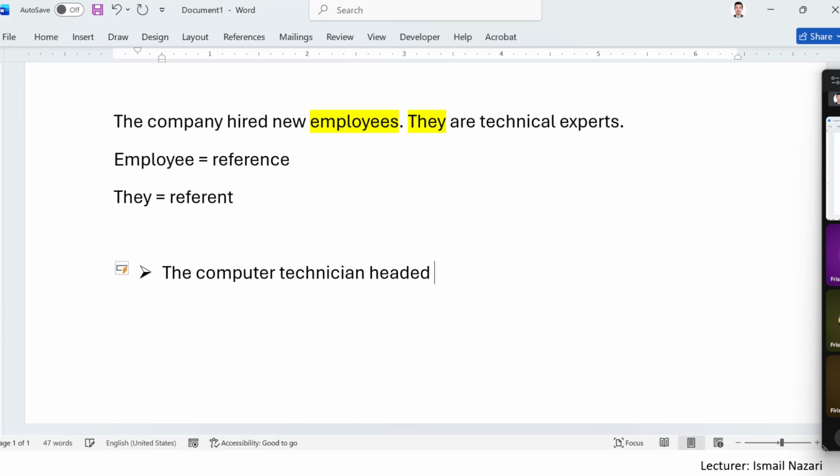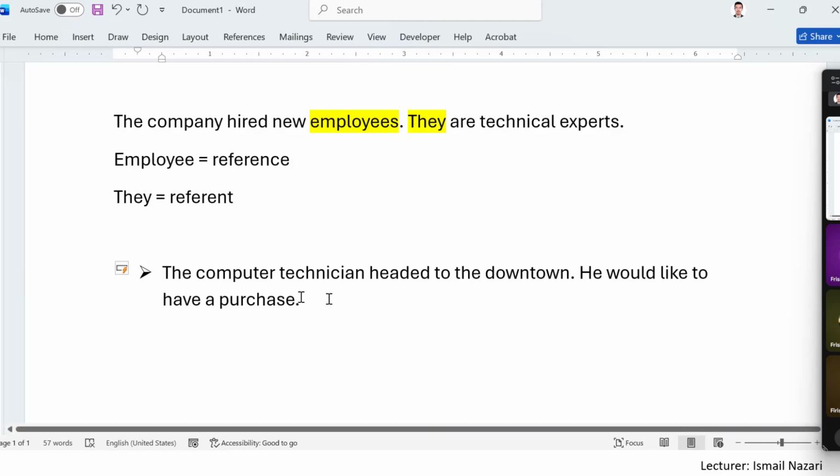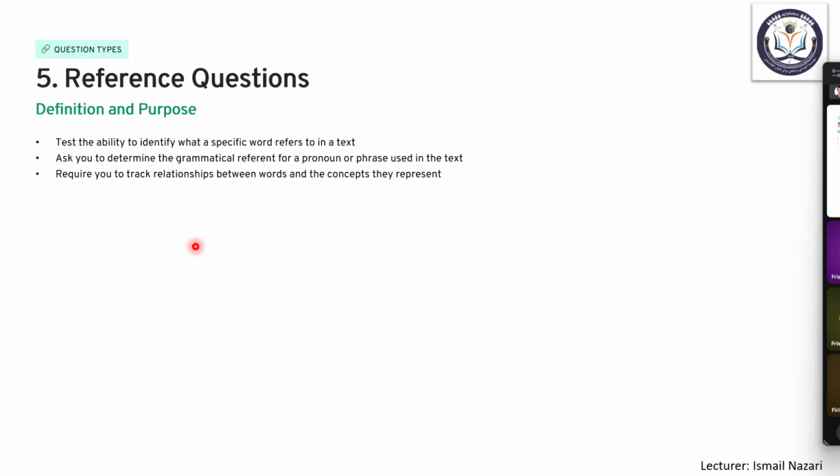headed to the downtown. He likes, or he would like to buy, he would like to have a purchase, for example. Now, which one is the referent? Which one is the reference? Now, the reference question,